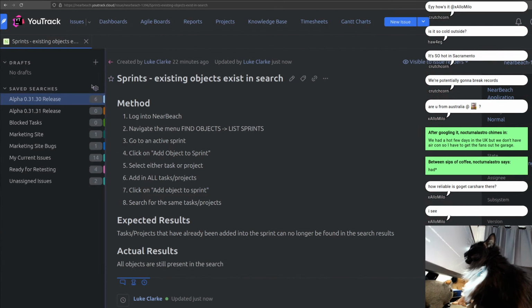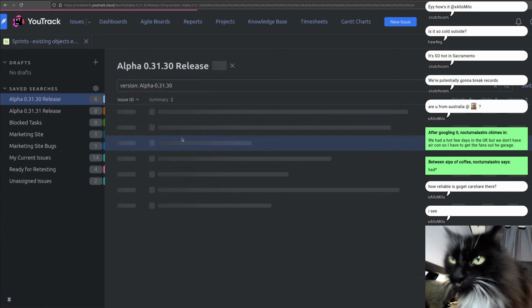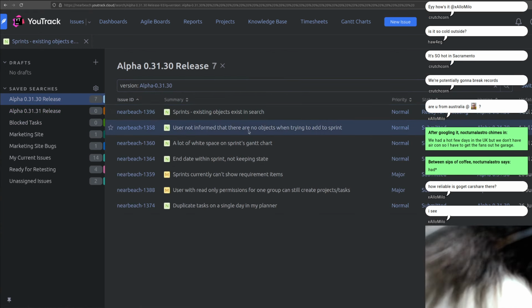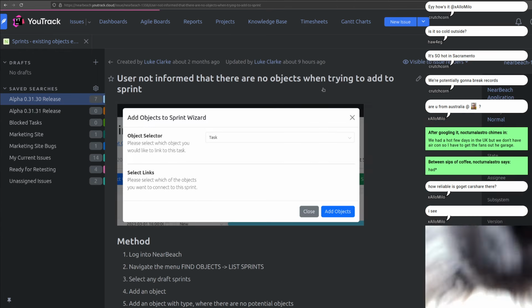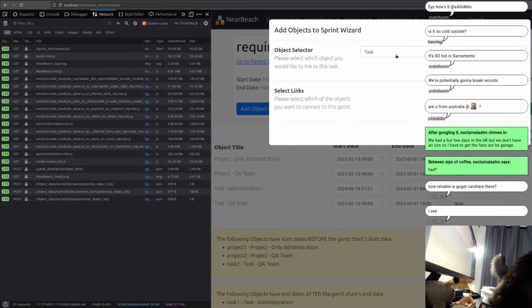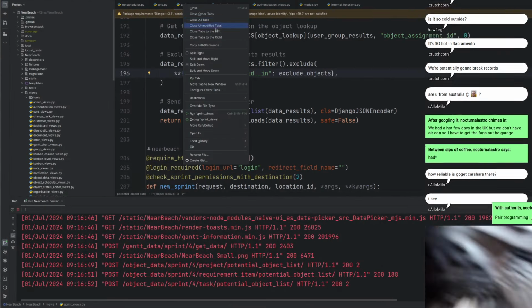All right, so this one I'm happy with. Now we need to go back and be like, users not informed that there's no objects when trying to search the sprint. Now that we can replicate this error. So what we need here is just a simple, there are no objects of that. So that's as simple as